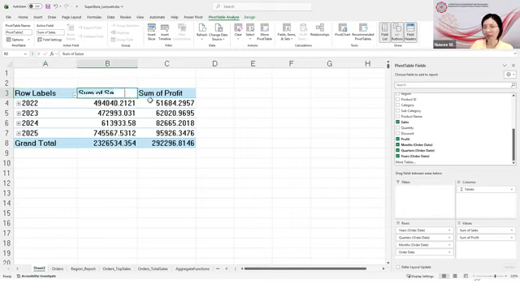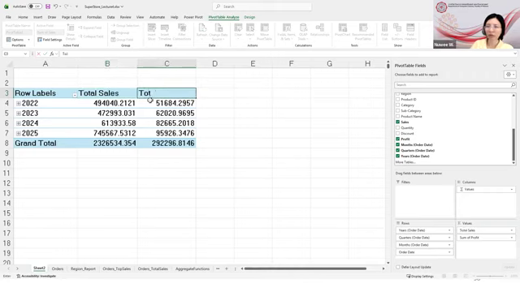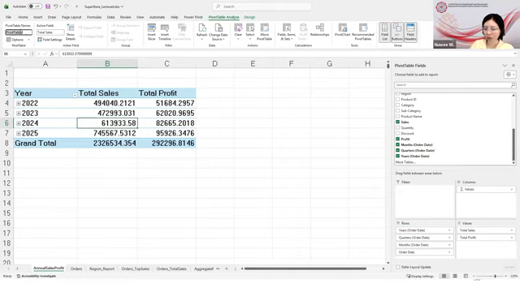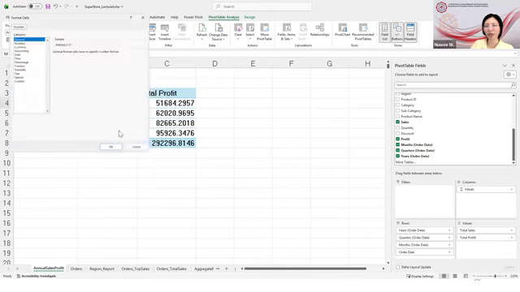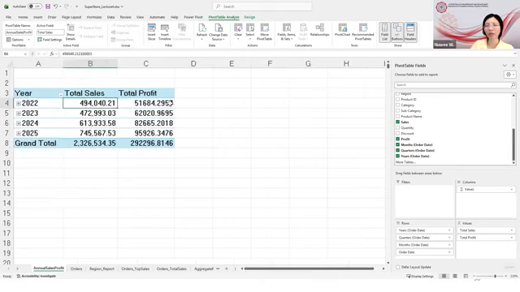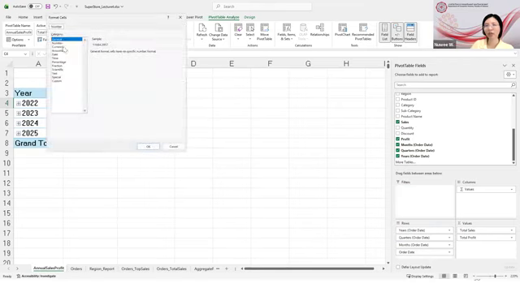I change the name of the label. This will be total sale, total profit, and this should be here. And I change the name of the sheet, annual sales profit. I also change the name of the pivot table, annual sales profit. Okay. And then I right click, number format, number, use 1000 separators, and also with the profit here, number, use 1000 separators,